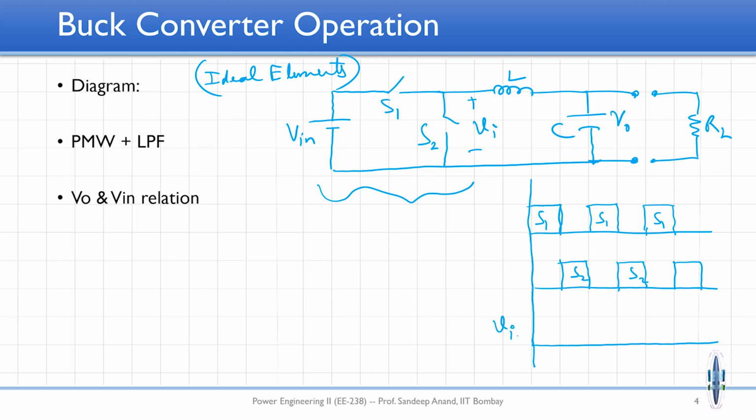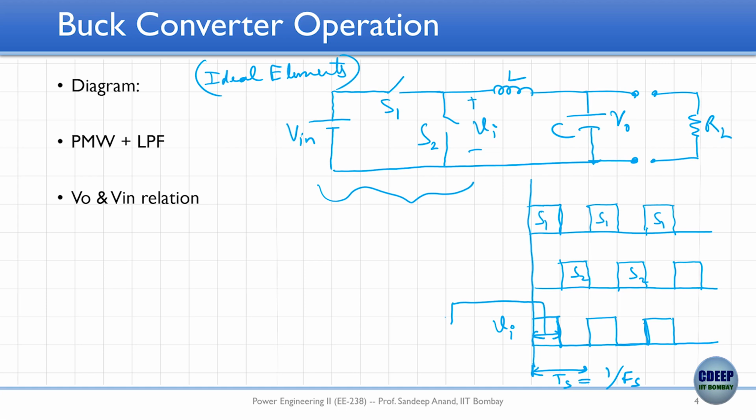Whenever switch S1 is on, Vi will be equal to V in, and whenever switch S2 is on, Vi will be equal to 0, and then again V in, and then again 0, and then again V in, and then again 0, right. This is how Vi would look like. It has a DC component, it also has switching frequency component or Fs component, right. If I define some sort of terminology here, so let us say this is the total period which is Ts, right, which is 1 upon switching frequency Fs, and if I define this one